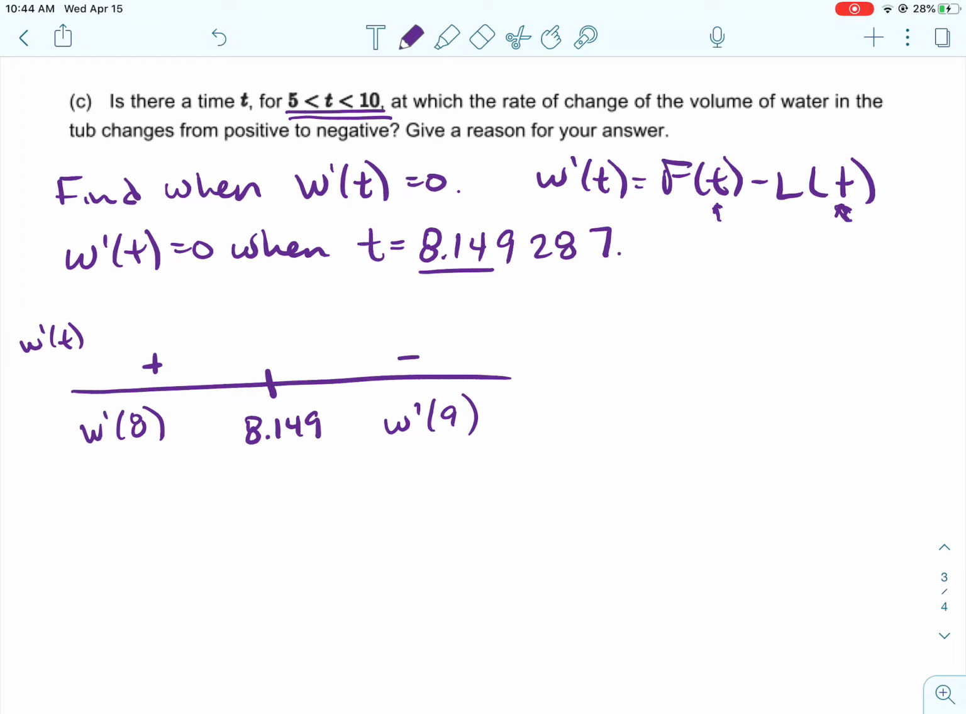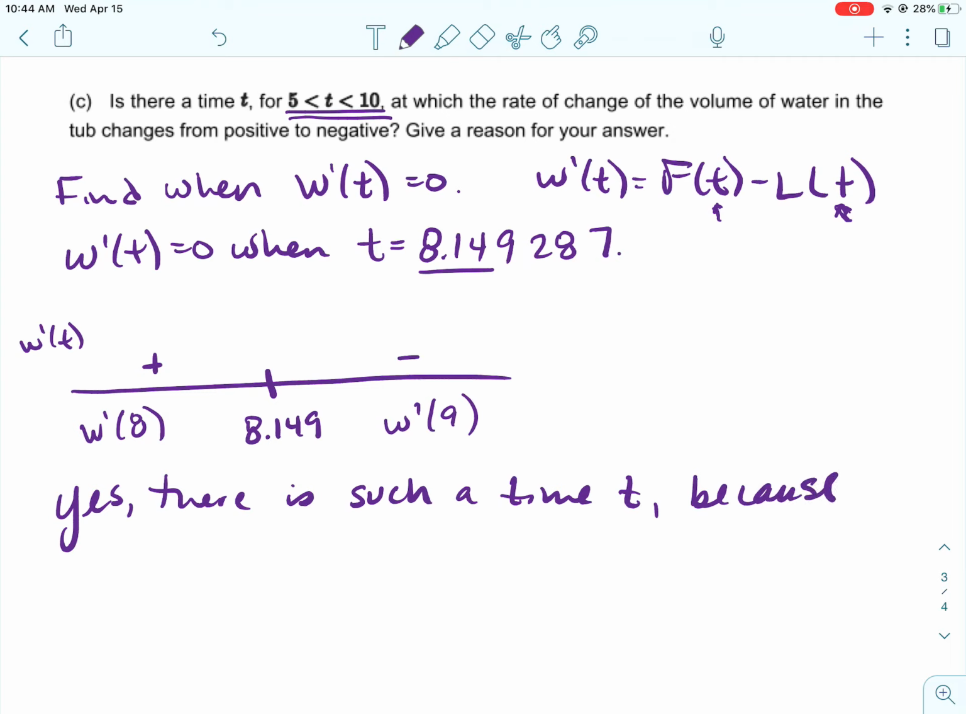So there is a place where the function w prime of t, or the rate of change of the volume of water, changes from positive to negative. So after that point, more water is flowing out than flowing in. So let's write it out. Yes, there is such a time